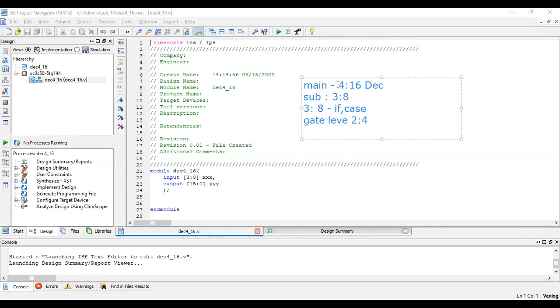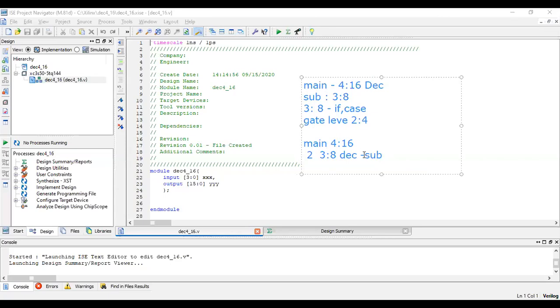Now what we are going to do is main module, we are keeping it as 4:16. Now 4:16 we are going to implement using two 3:8 decoders. Main module is implemented using two 3:8 decoders. So 3:8 decoder will be the sub module for us.